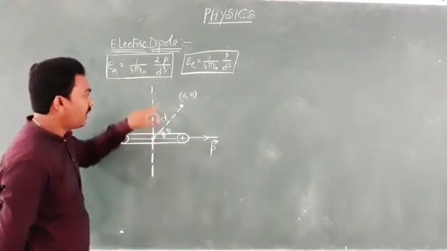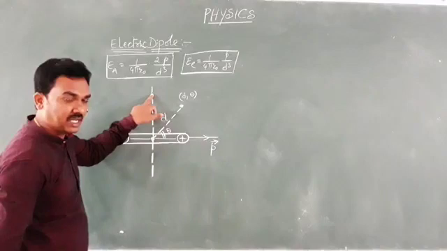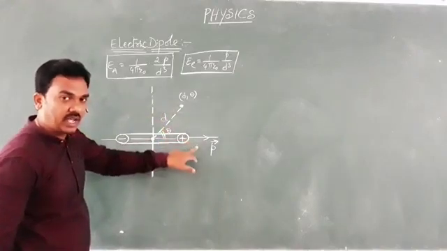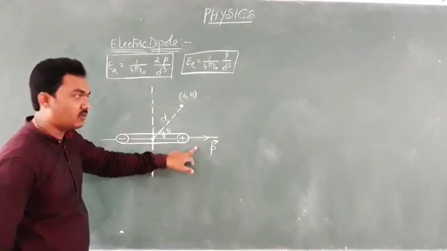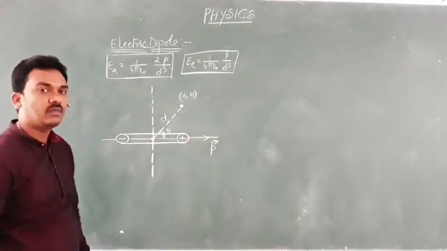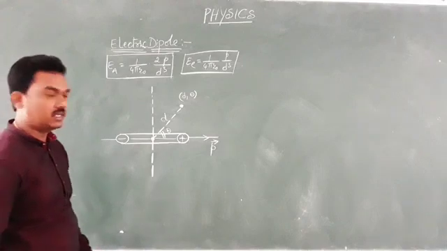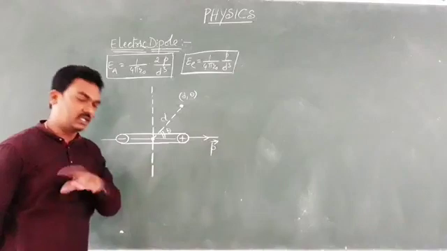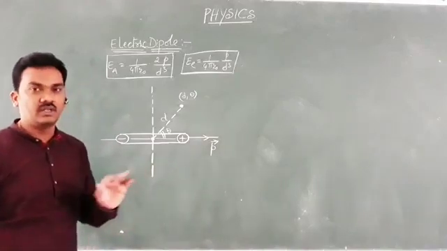Suppose, for example, my point is on the equatorial line. Yes, I can locate it with theta equal to 90 degrees. If my point is on the axial line, yes, I can locate it with theta equal to 0 degrees. You may get the doubt, sir, till now you have taken plus here and minus there, and suddenly why have you taken minus here and plus there? Nothing is there, you can take it however you like.